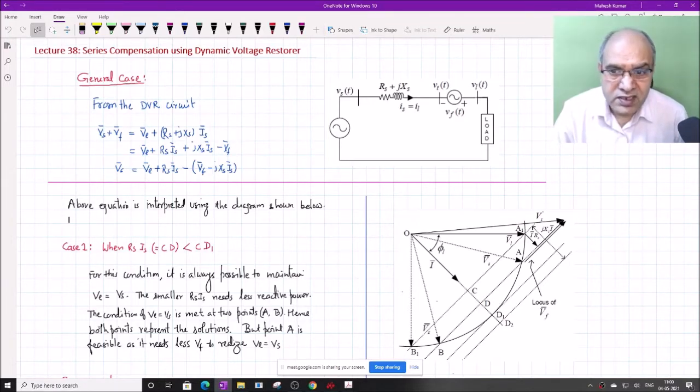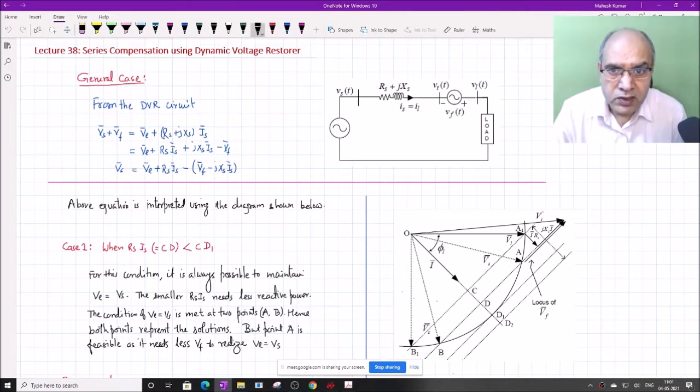So last time we discussed some aspects of the DVR, its schematic and its circuit configuration, what different components are used to realize the DVR circuit, the DVR compensated system, and also we considered the basic equation and some schemes of compensation where we took some special cases, like if the resistance of the feeder is 0 or if the load is purely reactive. We also set up the conditions for the compensation.